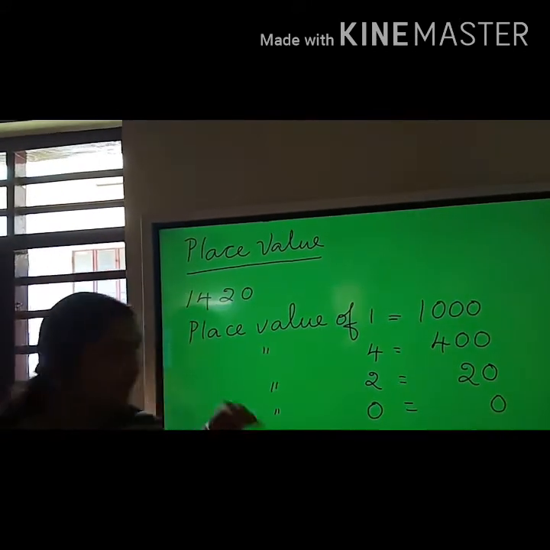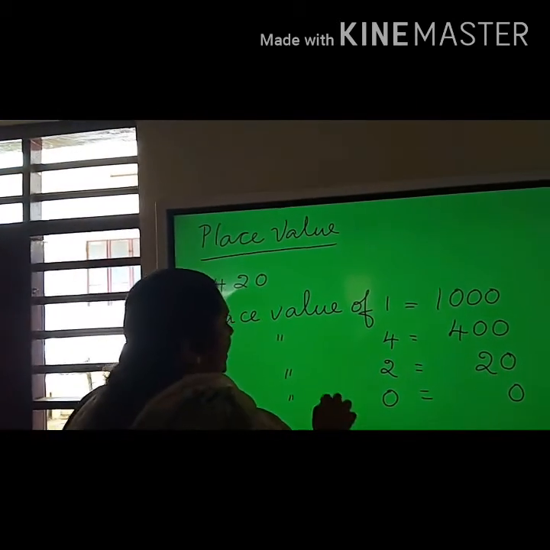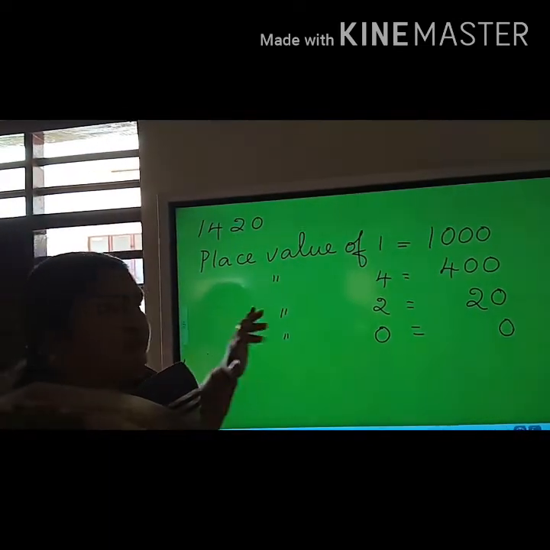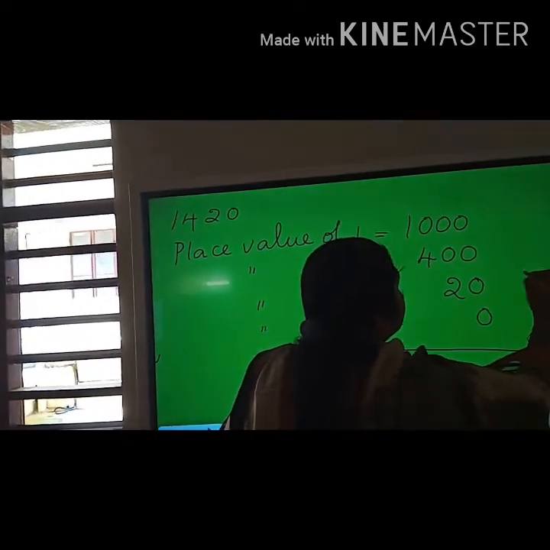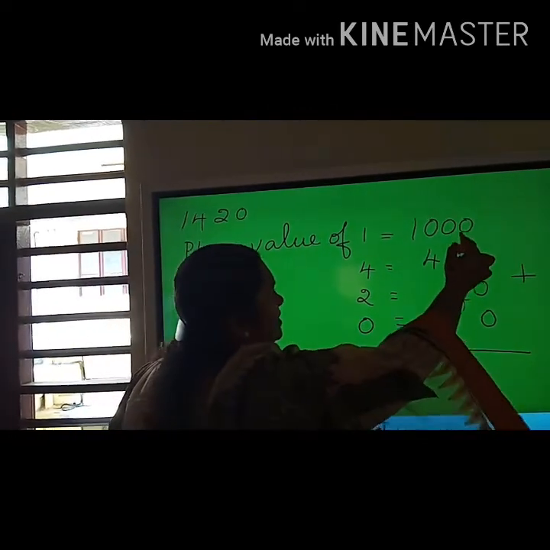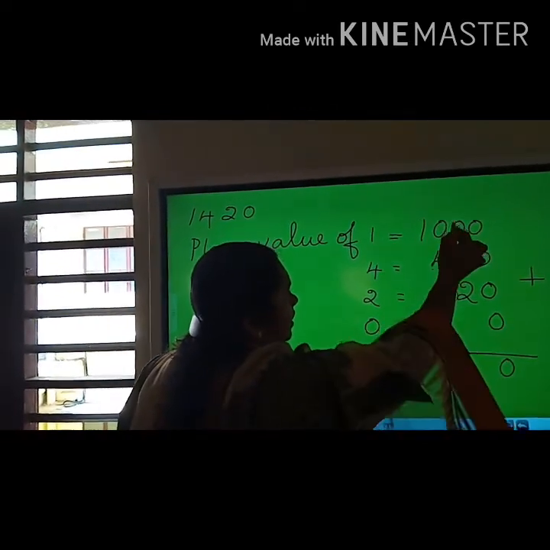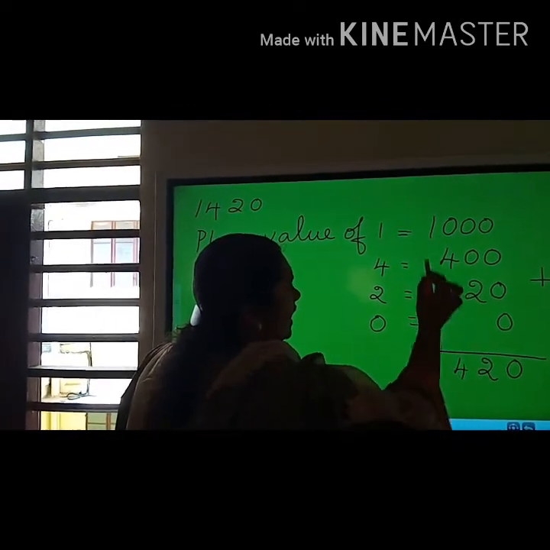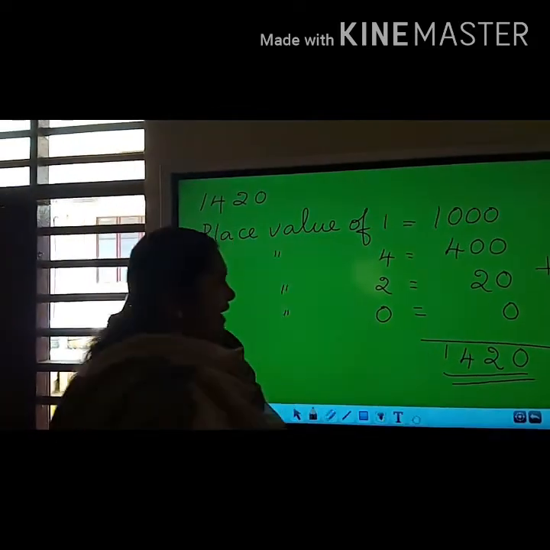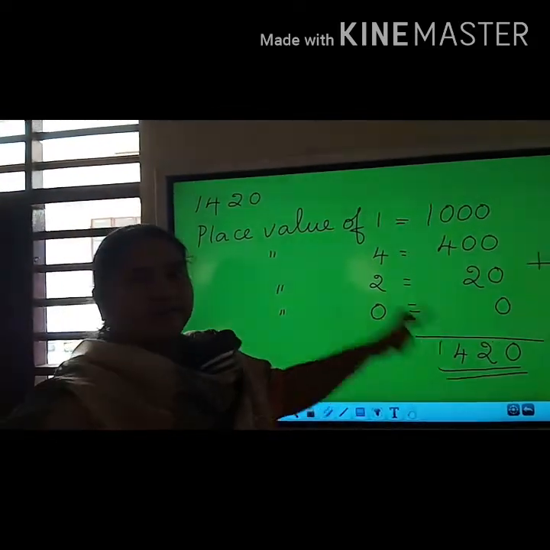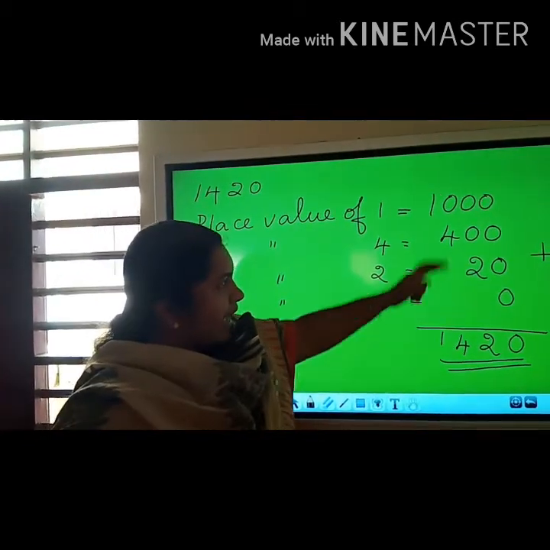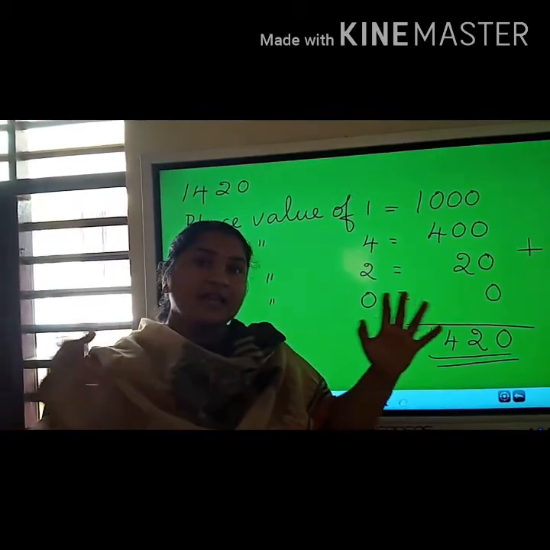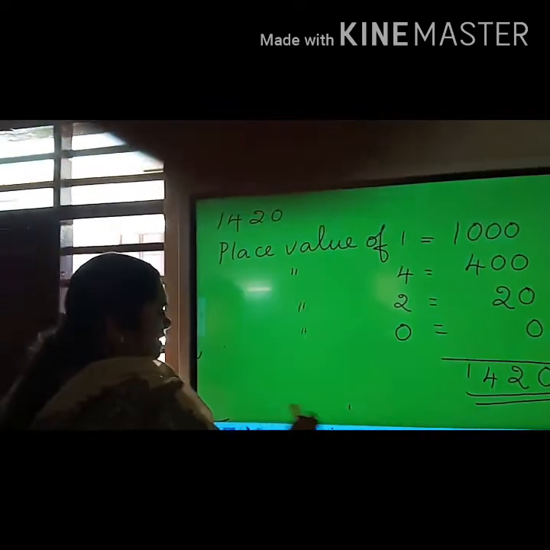We have studied this already. Now we will pass on to the next part. Using this place value, if you add these all, what number will you get? 0 plus 0 plus 0. Here if you add these, you will get 2. Here you will get 4, and here 1. See, we got the same number that we expressed. That means if you add all the place values of all the digits of this number, you will get the expanded form. This is the expanded form.